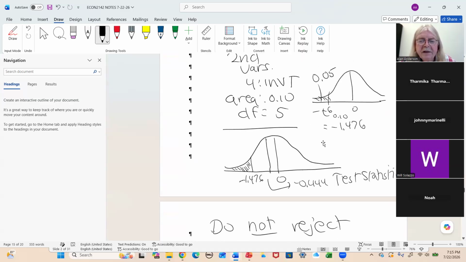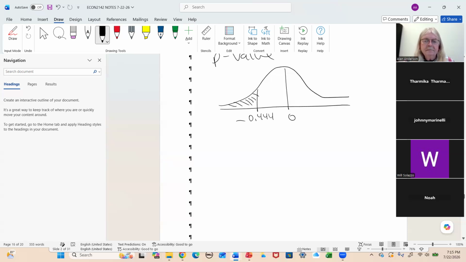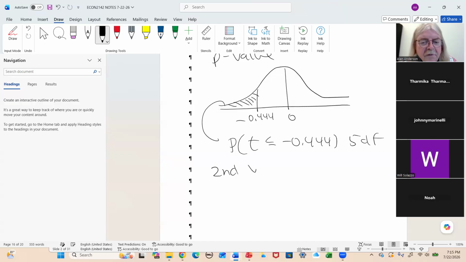So keep in mind that we have 5 degrees of freedom. So we go to second vars. Area is the left tail, which is,